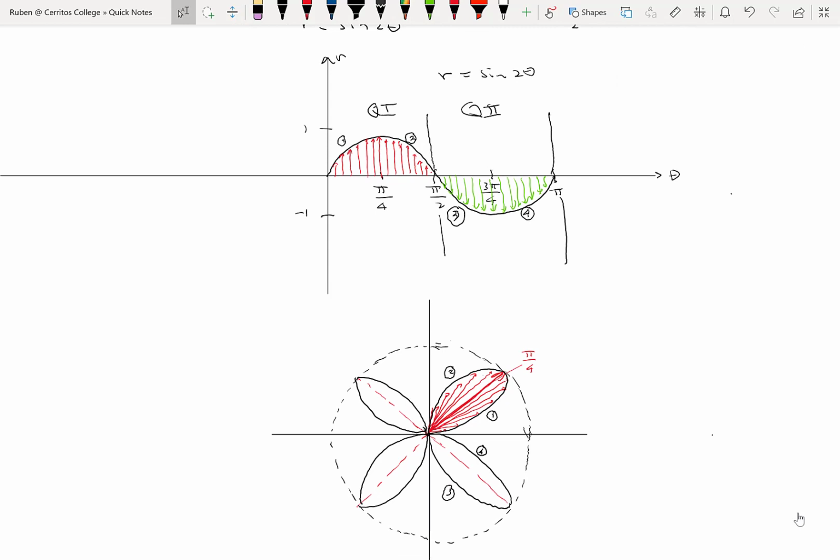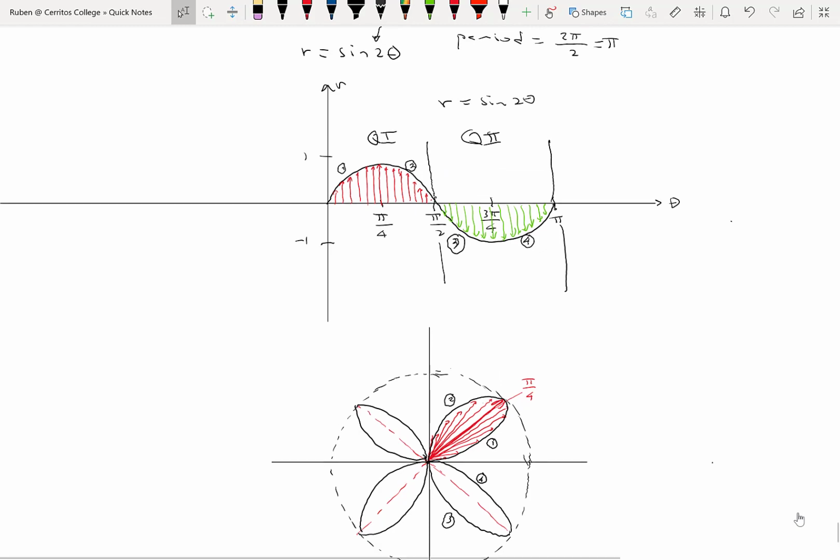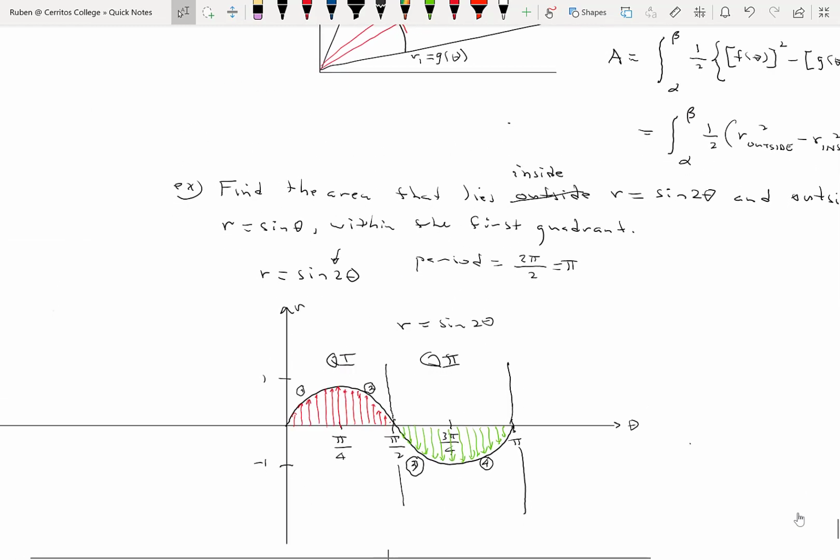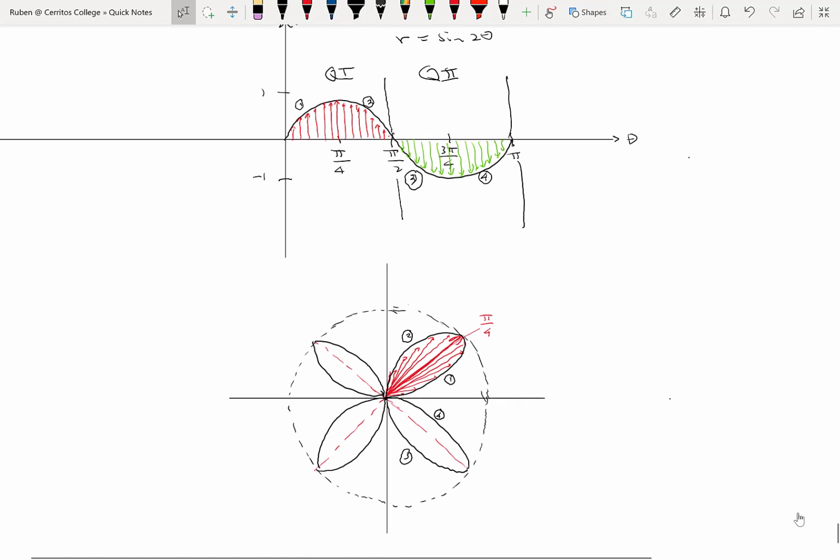What I'm interested in is the area that is inside the rose, but outside of that circle we drew earlier, r equals sine of theta, but only that portion of the area between these two curves that lies in quadrant 1. I'm going to draw the initial circle, r equals sine of theta,